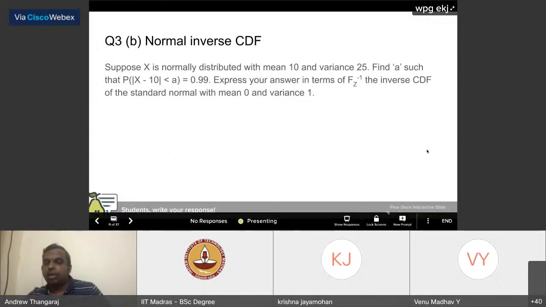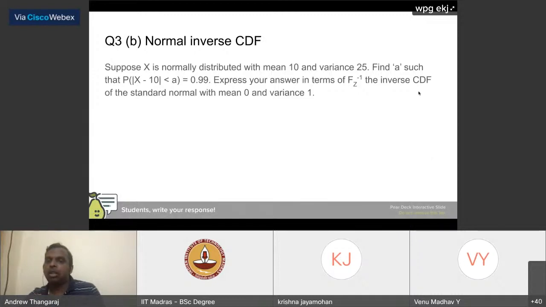Yeah. So there is a table to look up Fz inverse, and like I said, most computational packages like SciPy, or anywhere, will have a function which will do Fz inverse. So you can assume Fz and Fz inverse are known to you. They are known functions, very easy to compute. Like I said, in SciPy you can check out this type of function. This is PPF, which is usually the inverse of the CDF.